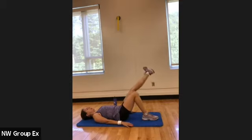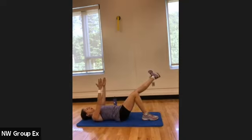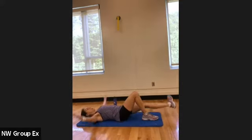Again, lift. And try to reach out through the heel so you lengthen that leg. Now hold it up here. Once again, arms come up, shoulder blades down. As the leg goes down, let's open out into a T. Up,